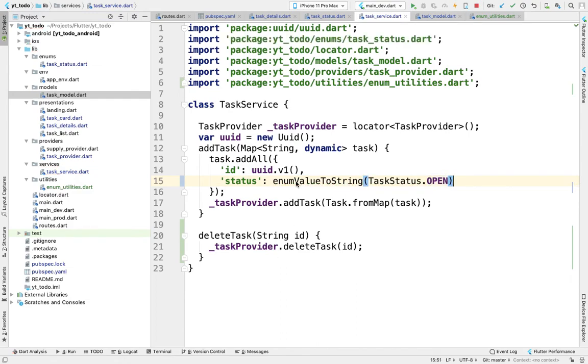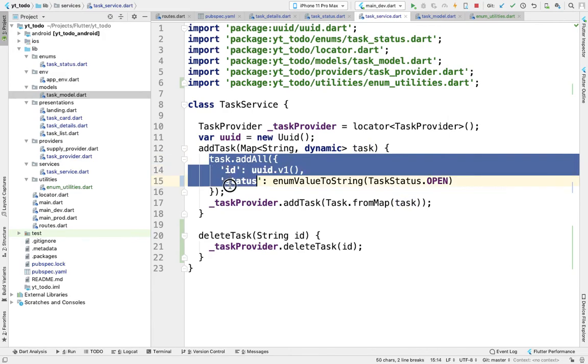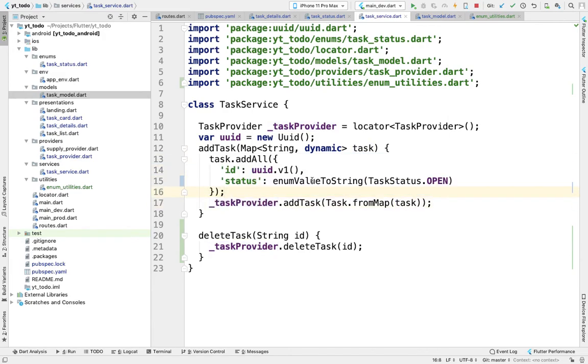I'm doing this here because once this data starts coming from the backend, this will be handled at the backend, and the status will directly return something like open. It will not give you task status dot open or task status dot in progress. So this has to be handled at the front end only.